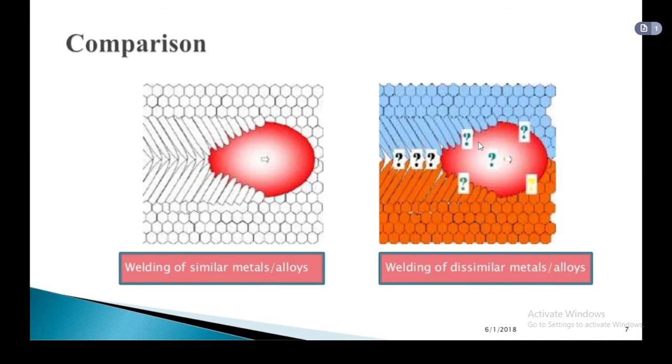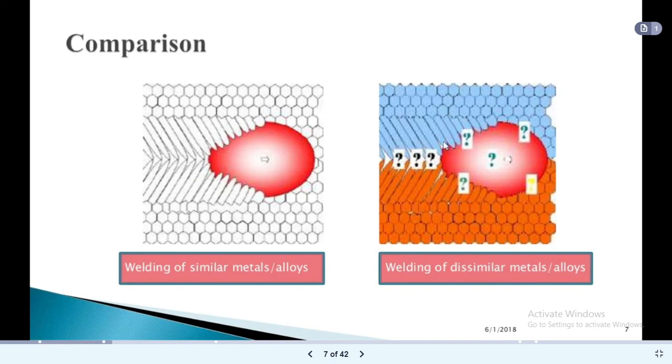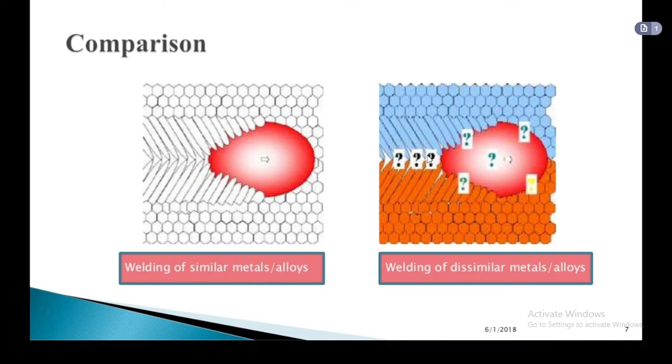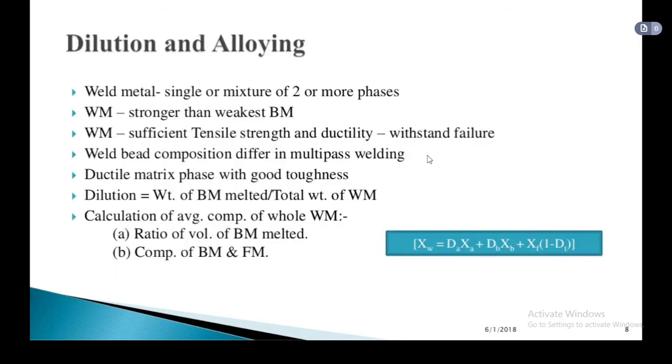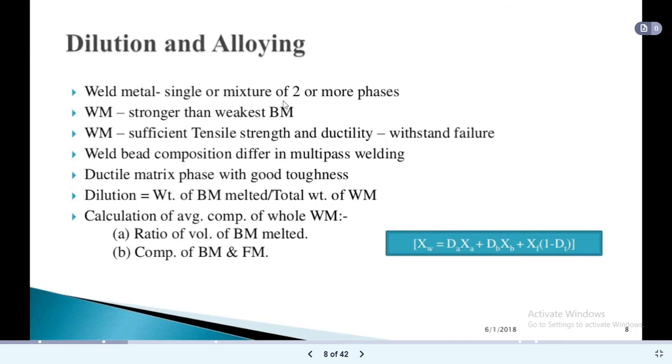because it will depend on the type of welding process, on environmental factors, on the skill of the welder, and on which type of filler material you are using. All these factors will affect the composition that will form at the question mark. So this cannot be predicted, which means in a welding process dilution and alloying should be considered necessary.